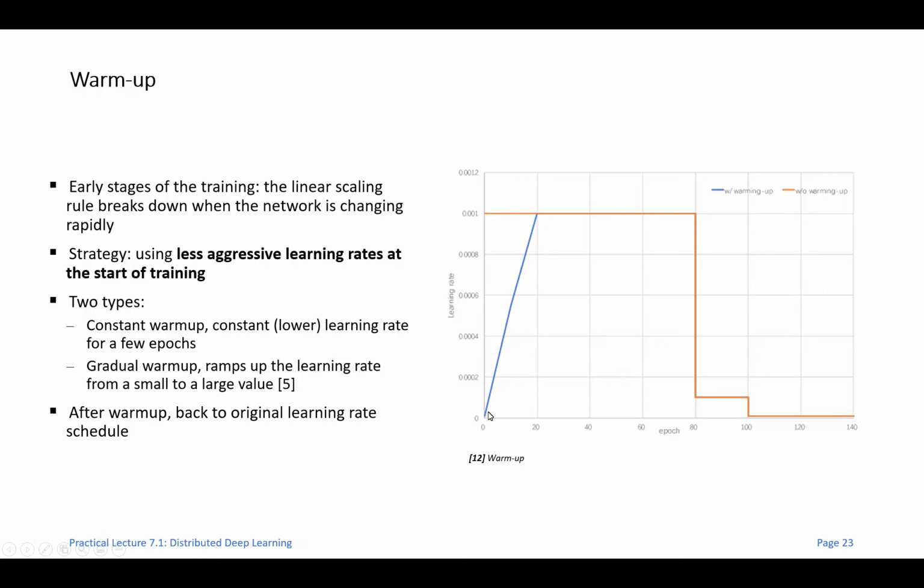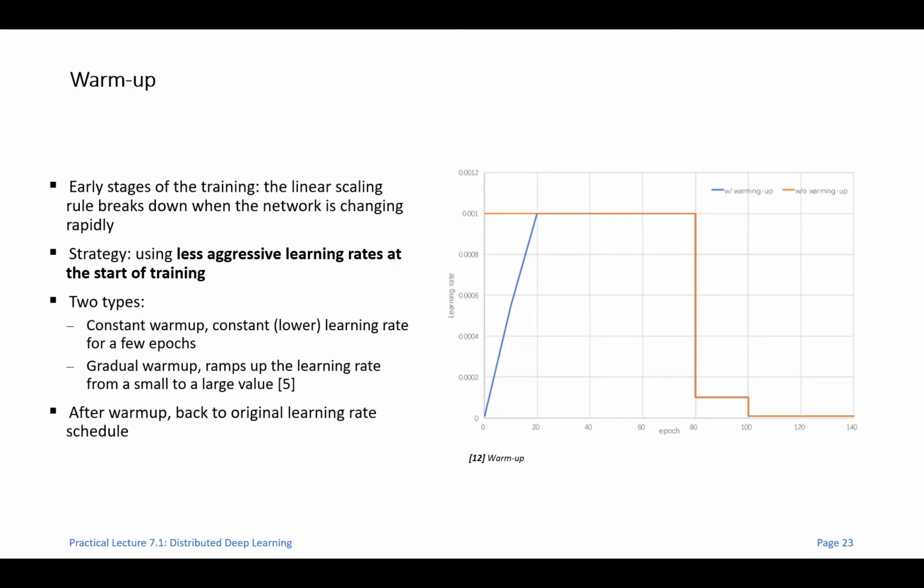You gradually increase the learning rate iteration after iteration, or epoch after epoch, depending on your implementation, so that you start off from a very low learning rate and reach the learning rate you want to achieve. This reduces the occurrence of the explosion of gradients in the early stage of the training, and then you use a larger learning rate